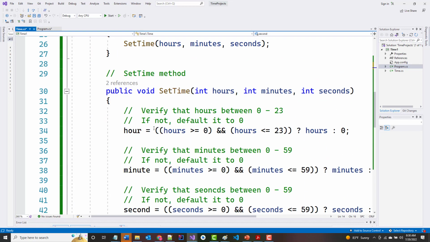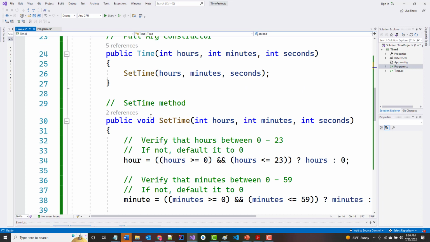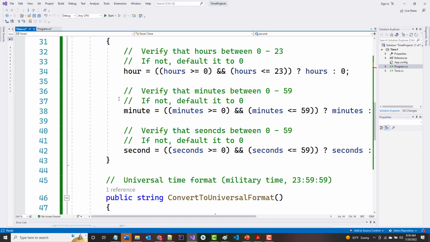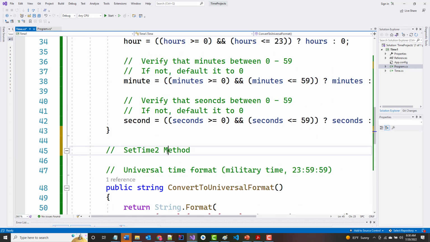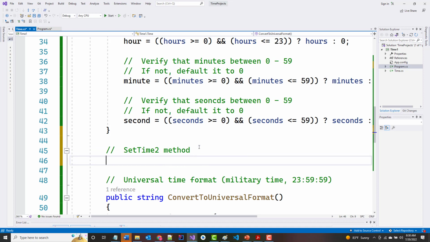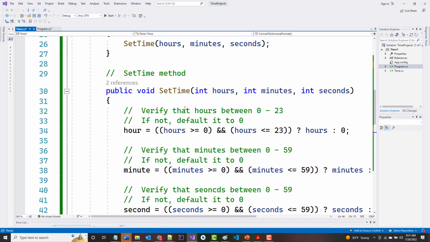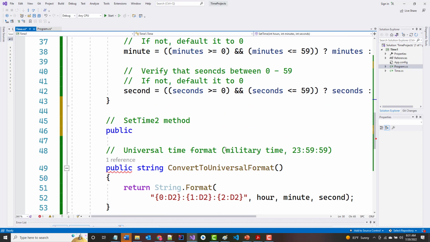And after set time, I'm going to write a set time 2, okay? So this is set time method. And underneath that, I'm going to write a set time 2 method. All right, and all I'm trying to do here is just demonstrate a few things for you. That's all. So now in here, I'm going to say my public. It's going to look just the same as this. All right, so I'm going to put in here public void